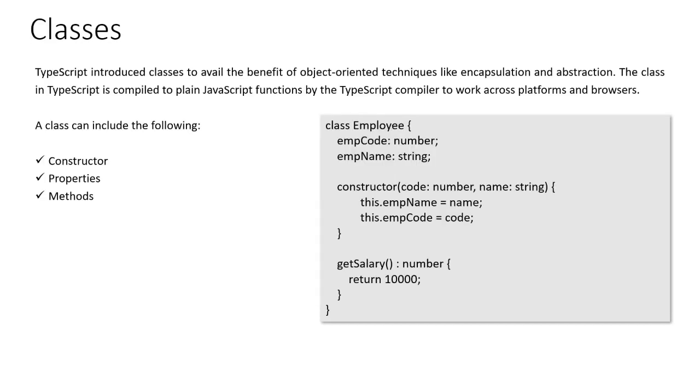And classes, we always have a constructor, we have the properties, and we have methods, right? It's the same concept, no difference in TypeScript. Same thing: constructor, class, whatever properties and methods we have. I hope everyone understands, who are C# or Java developers or come from any other object-oriented language. You can understand the constructor as well as the properties and methods. A method is nothing but a function. A property is nothing but the variables you are using, right?